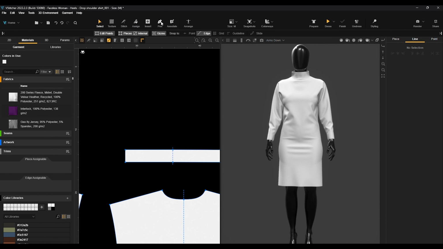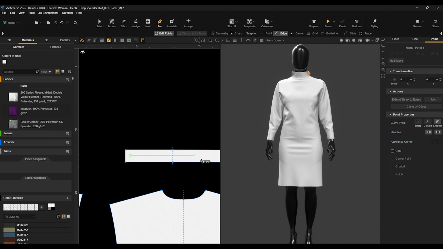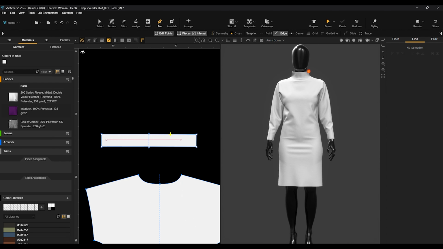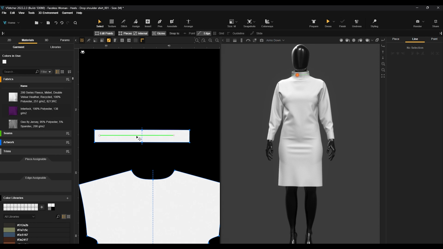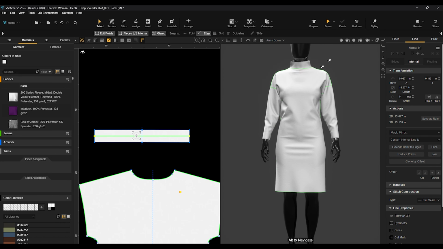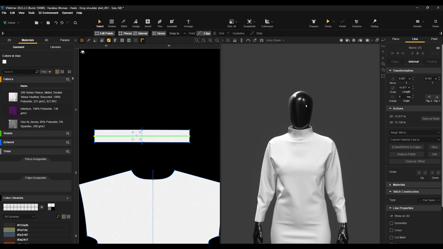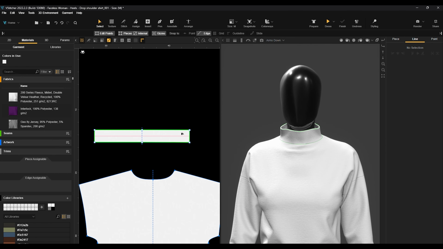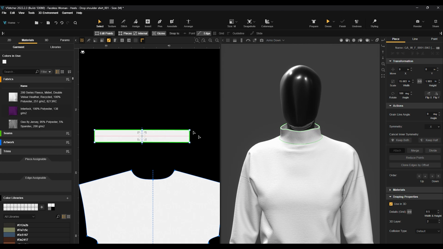So I am going to take my pen tool, and I'm going to draw a line as if it's a fold line to fold this collar over. I'm going to extend/shrink to edge. And one thing I recommend when you are using the fold property is to change this pattern piece to be